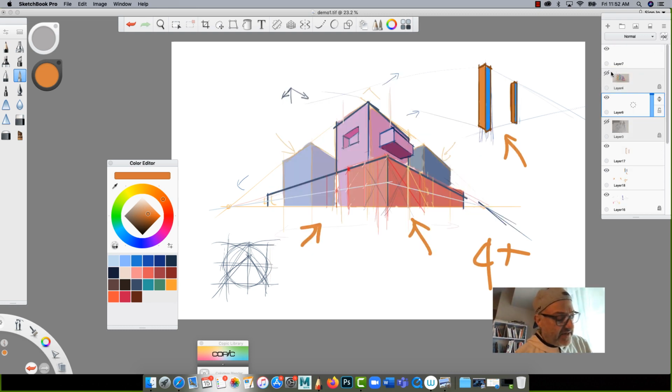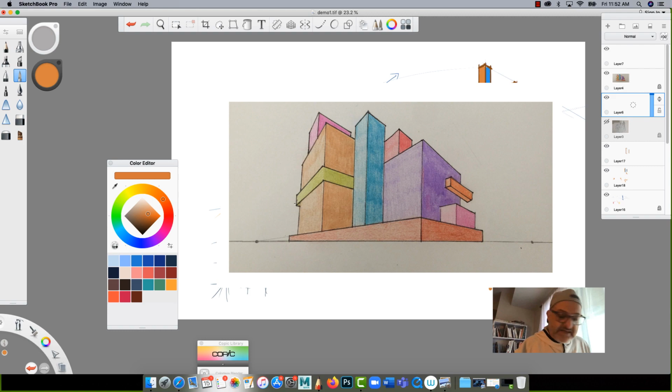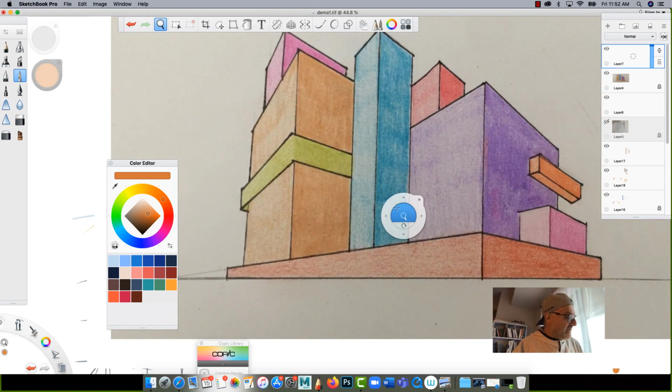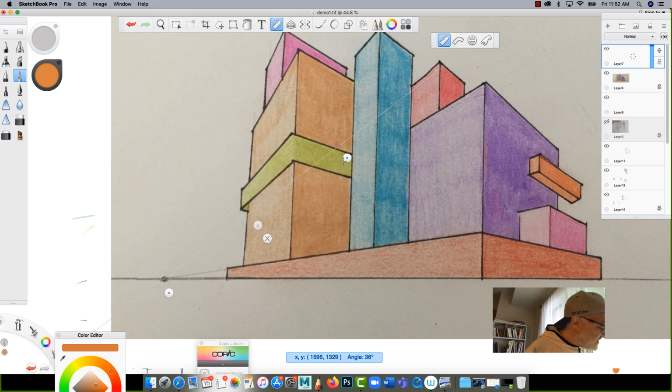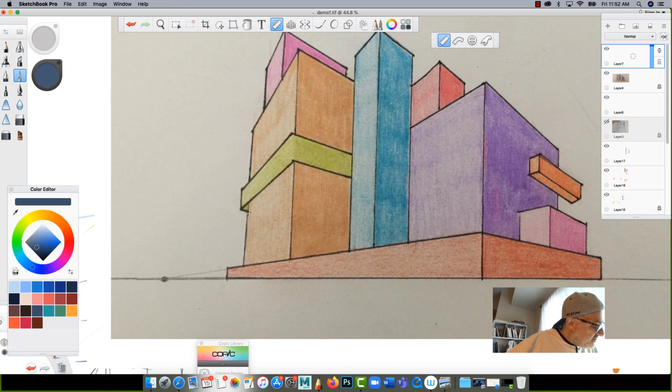Come up here and here at the bottom of this. So let me fix this really quickly. If I do have the vanishing point ruler. Here we go, right here, right there, and like that. So you find this corner here, and let's go with black or dark color, dark blue. Okay, so you just go up like that, so that you get the bottom of it, right? So at this point, you're getting this happening. So this is over here, but really it should be, anyway, I'll just leave it like that. So now you've got